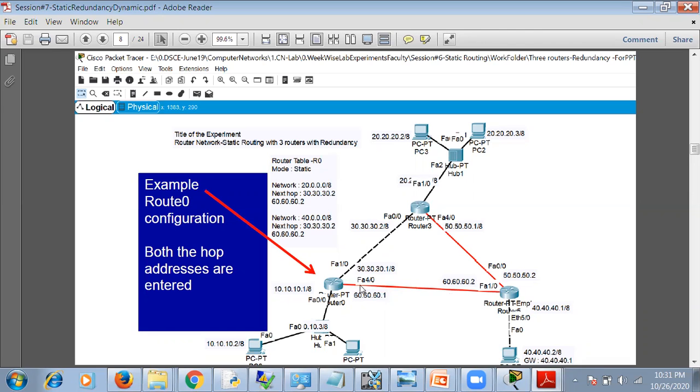So we have to add 2 addresses. If you want to go to network 20, then either you can choose this path or you can choose this path. So you have to look at these addresses that are available here. This is 30 network link, this is 60 address link, and this is 50 address link.